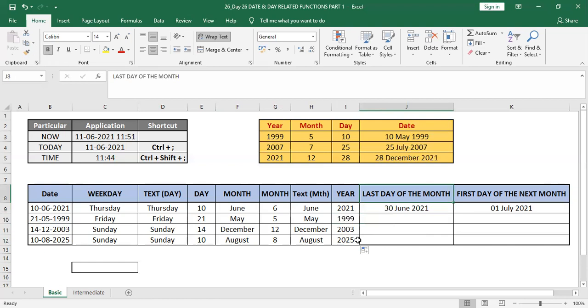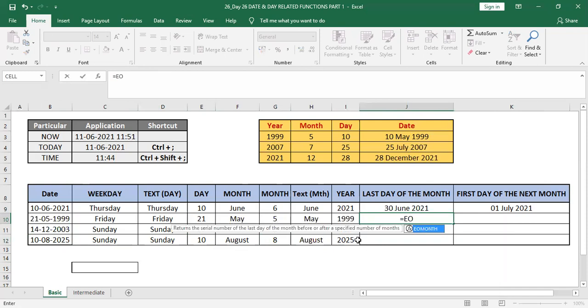So this is like the last day of the month. Whatever date we are referring to, like 10th of June, 21st of May in 1999, 10th of August in 2025, what will be the last day of that month? For that, there is a formula, EOMONTH. That might be the short form of end of the month. What we have to do is type equal to EOMONTH, tab. The start date is 21st May 1999 for us right now, and months we are going to press as 0,